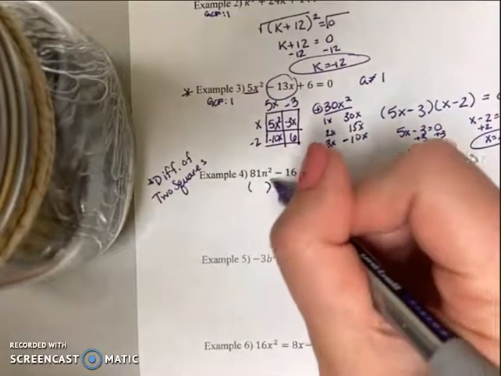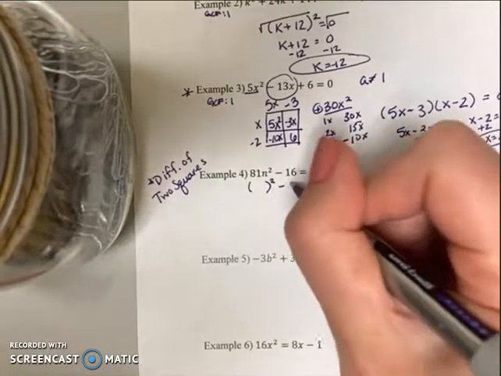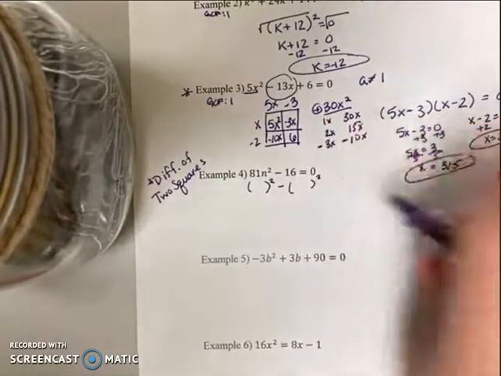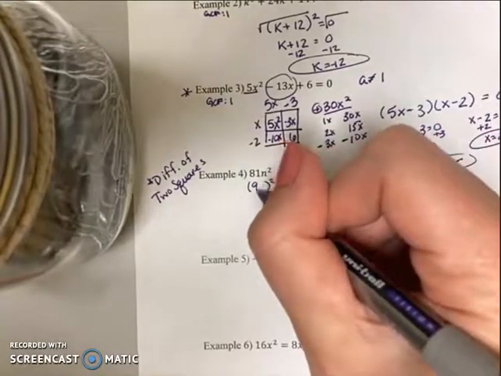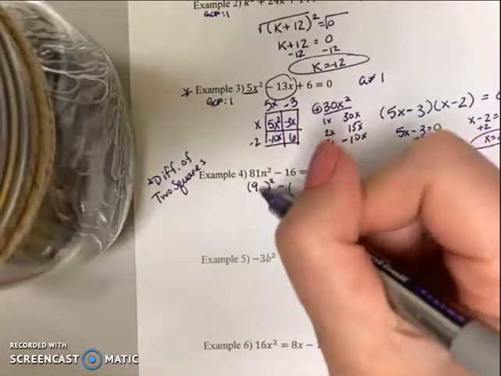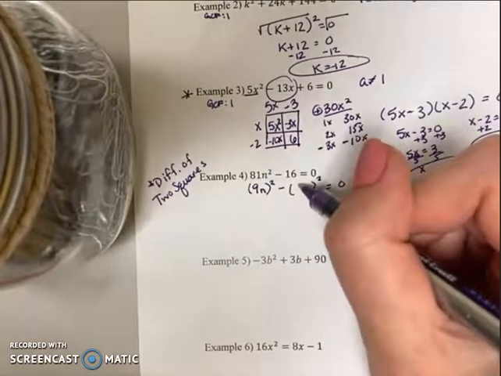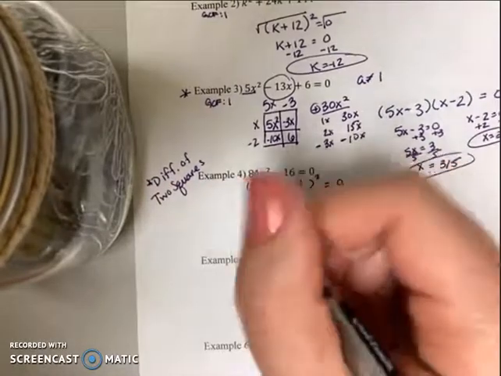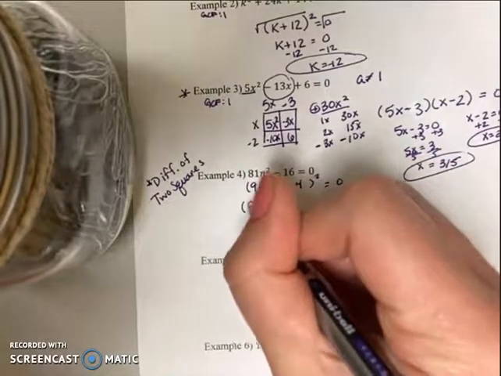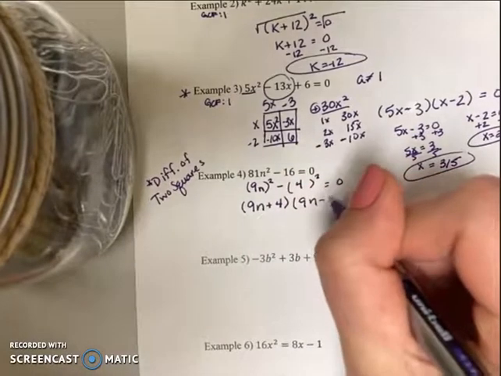I need to ask myself what squared would give me 81n squared, and what squared would give me 16. Well, 9n squared would give me 81n squared, and 4 squared would give me 16. So that's my A and that's my B. If I use the difference of 2 squares, that means I can write it as 9n plus 4 times 9n minus 4